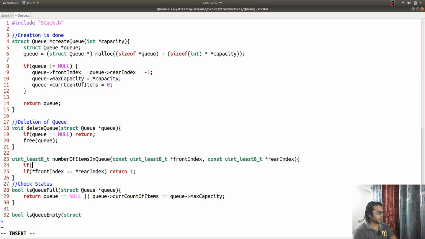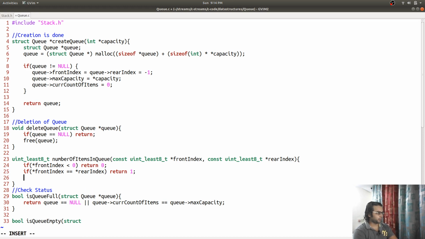If, return 0, return 1 if index is less than rear index,